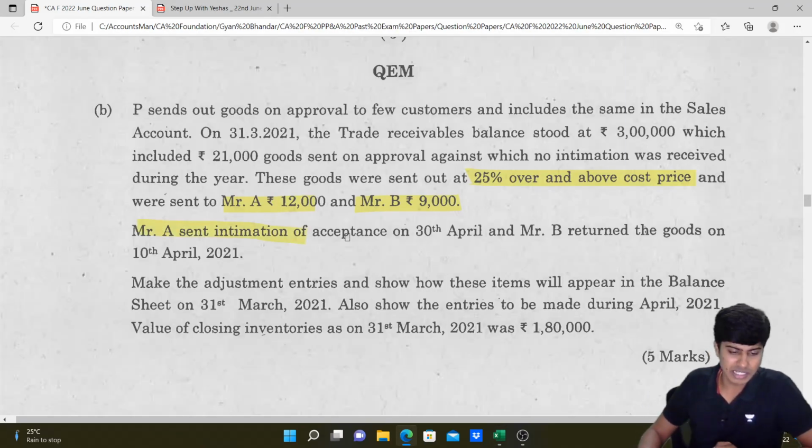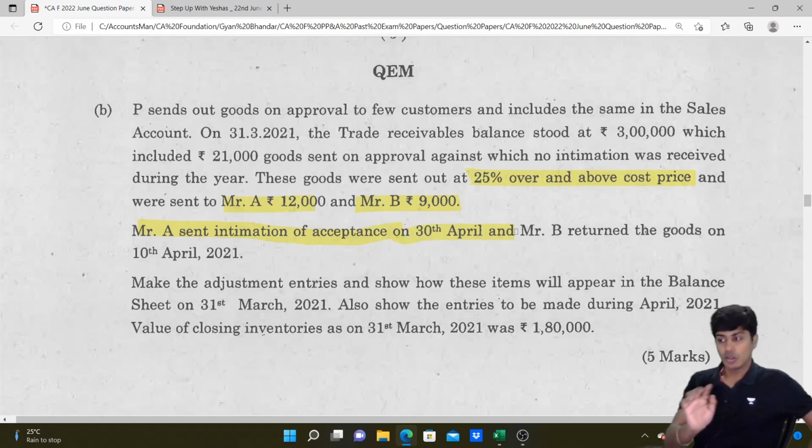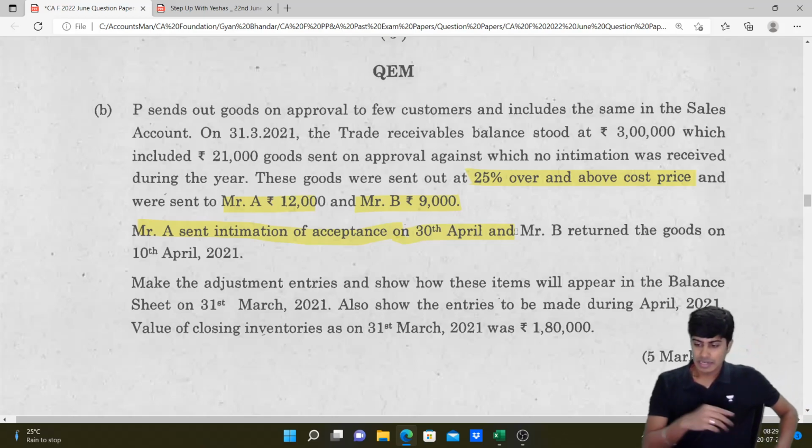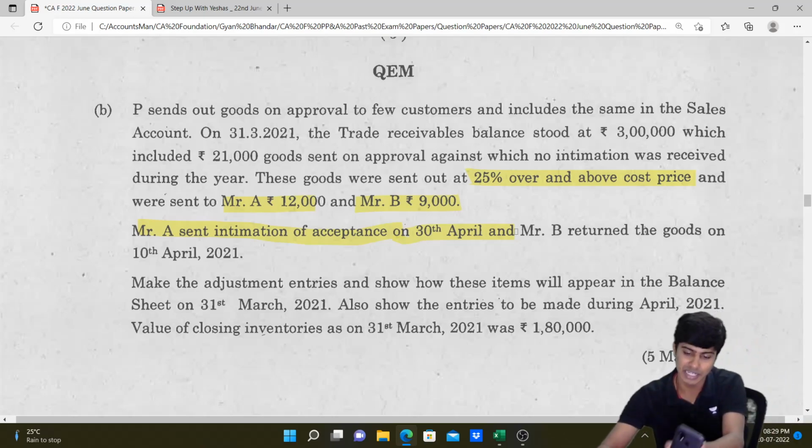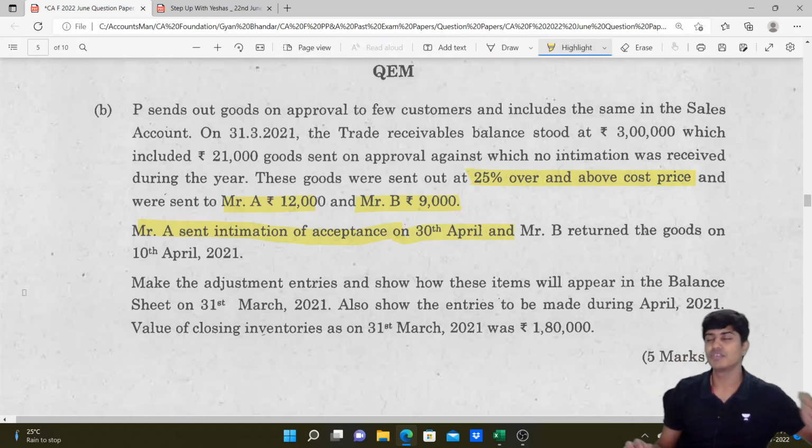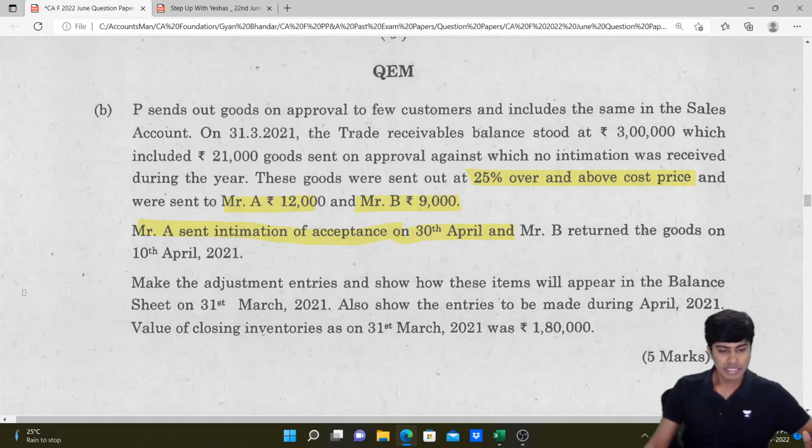Then what's happening? Mr. A sent intimation of acceptance. Hey, Mr. A accepted, but when? 30th of April. Our year end is 31st of March. So on 31st of March we have to reverse. Next year, May beginning, he has accepted. In the subsequent year, end of the first month, he has accepted